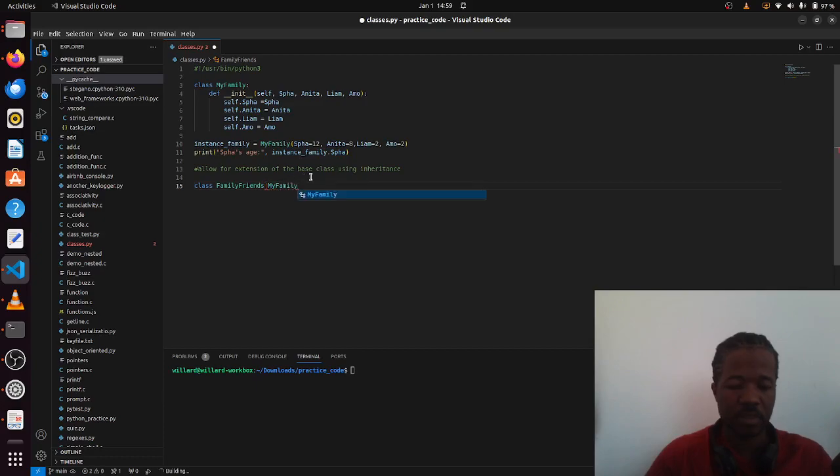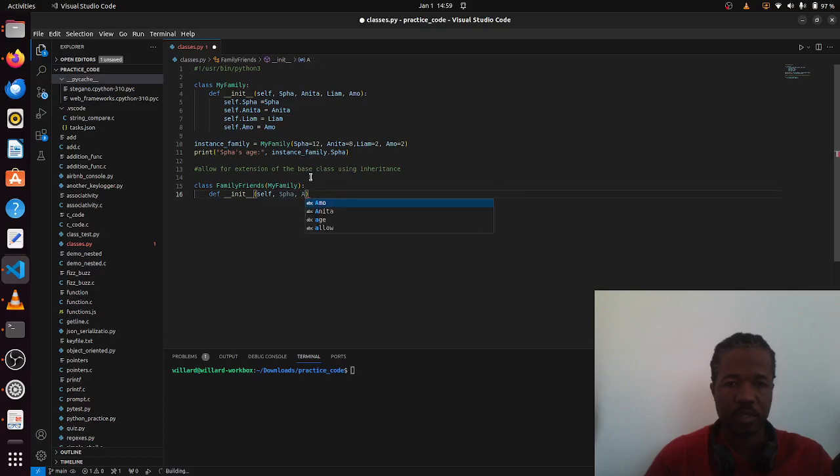And then we go ahead and initialize just like we did with that one with the constructor. We say self, then we list all those attributes that we had there and more,